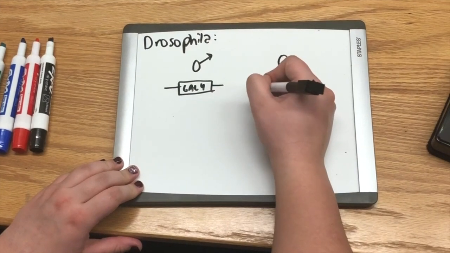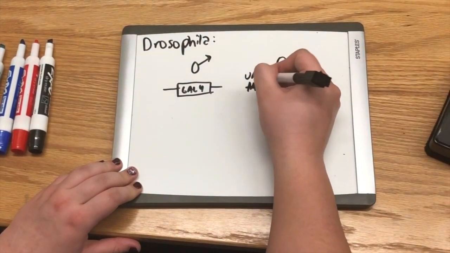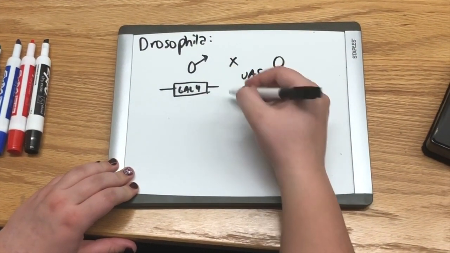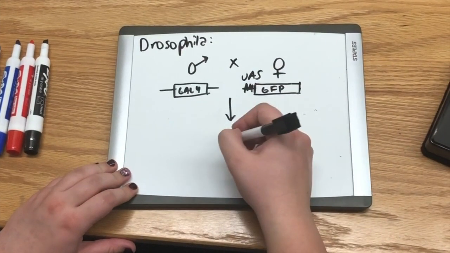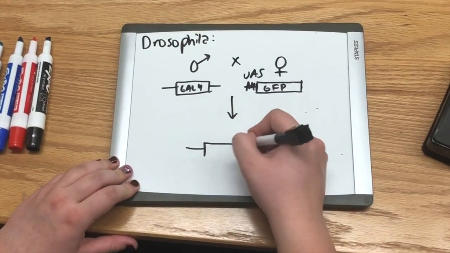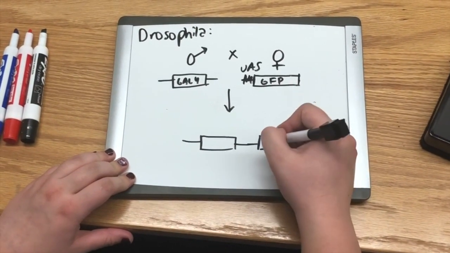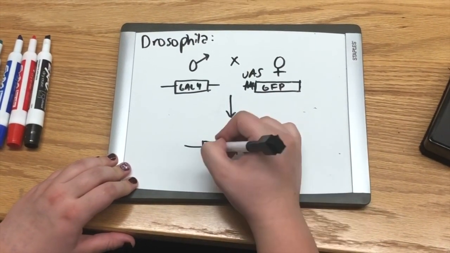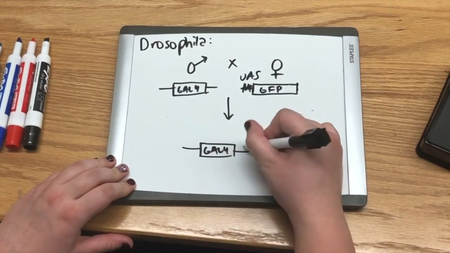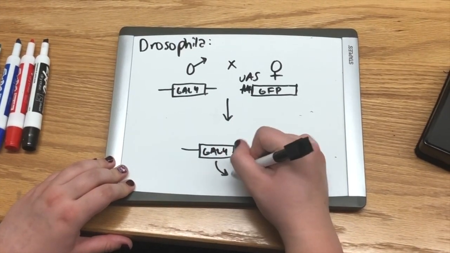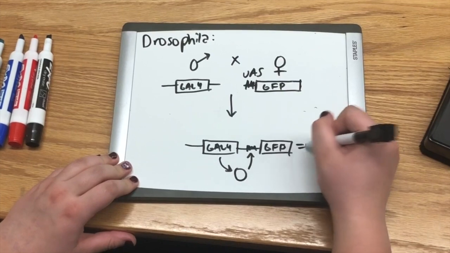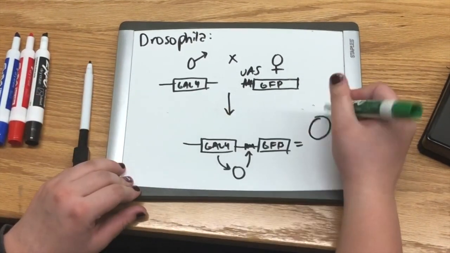Now we have a female fly who is called the responder. The responder carries the UAS site next to a specific gene. I will use GFP in this example, a green fluorescence tag. Even though the female carries the gene of interest, often lethal, she will not die because she does not have Gal4 to enhance transcription. When the male and female mate, the recombinant progeny will have both the Gal4 and UAS